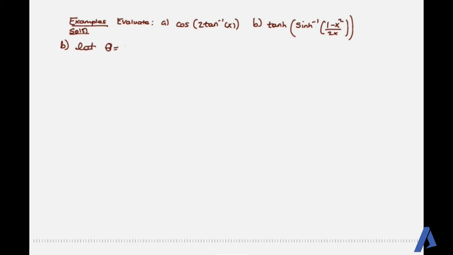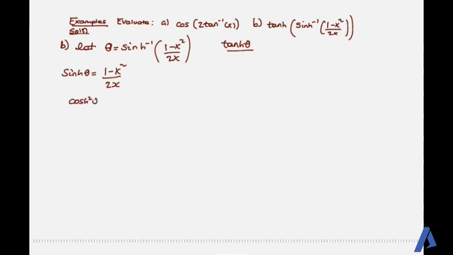ለቢም ሲሚላርሊ let theta is equal to sin h inverse of 1 minus x square over 2x። ስለዚህ እኛ የምንፈልገው ምንድነው የተጠየቀው tan h theta ነው የተጠየቀው ማለት ነው። ስለዚህ theta sin h inverse of this function ከሆነ sin h theta is equal to 1 minus x square over 2x። ስለዚህ ከዚህ ደግሞ cos h theta ማግኘት እንችላለን። እንዴት? መጀመሪያ ላይ ከጻፍነው አይዴንቲቲ ፕሮፐርቲ ምንድነው የሚለው ፕሮፐርቲው cos h square theta minus sin h square theta is equal to 1 ነው። ስለዚህ from this cos h square theta is equal to 1 plus sin h theta is 1 minus x square over 2x the whole square።